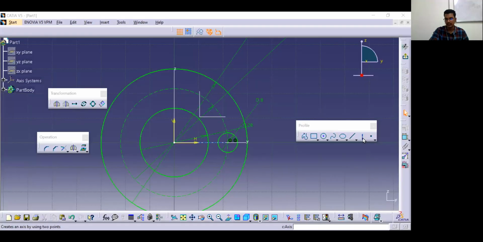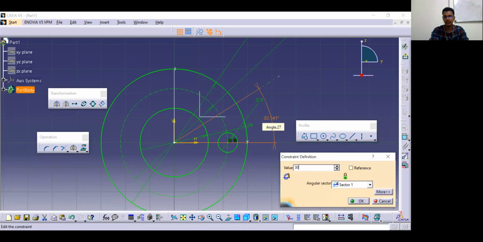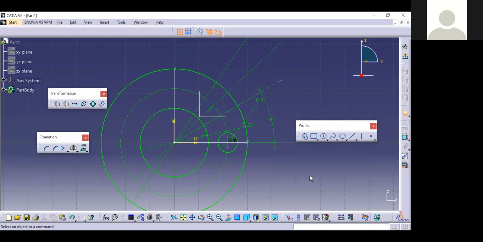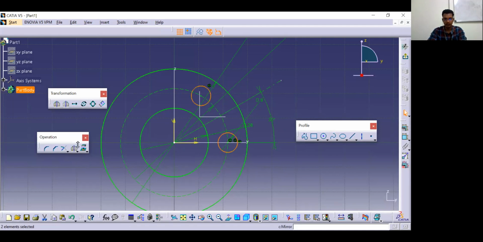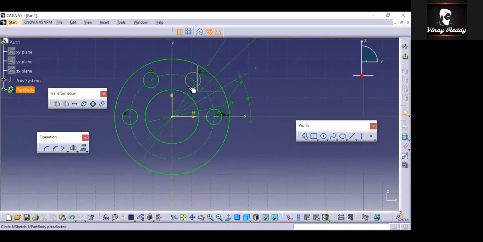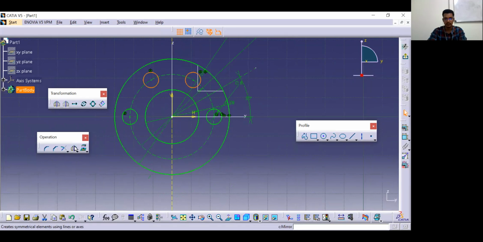So now I'll just take this axis line, just create it here. Now I'll assign from here to here as 30 degree. Okay, 30 degree. So when it is done, I'll just select this and say mirror. I'll mirror it on this. So when this two is done, I'll just select these two. Now I can mirror on this line, right? Yes, sir. So now in the same pattern, I'll select these two. I'll say mirror upon this. It is completed, right? Yes, sir.